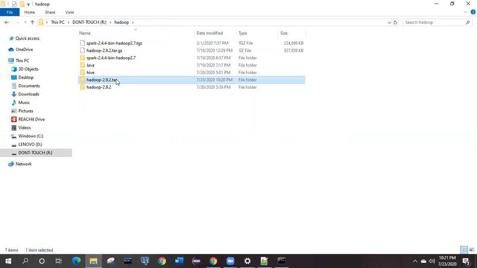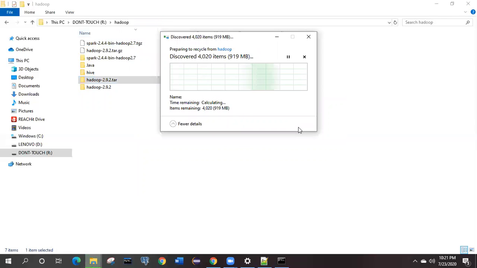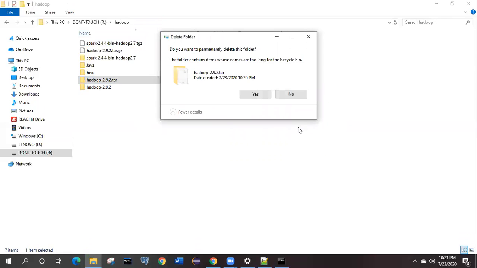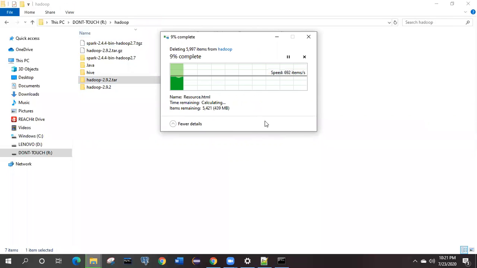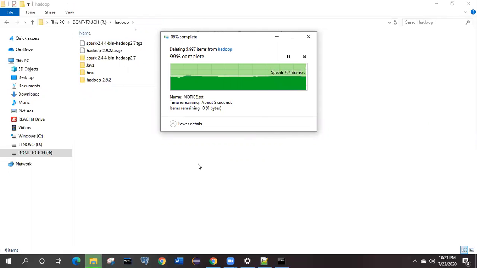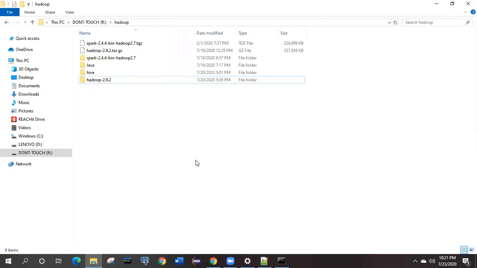What you can do now? So let me remove this one because it will be unnecessarily taking up space. Once you have this folder, there is no requirement for this. Okay. What we are going to do now, and what are the things we have to consider before installing Hadoop?